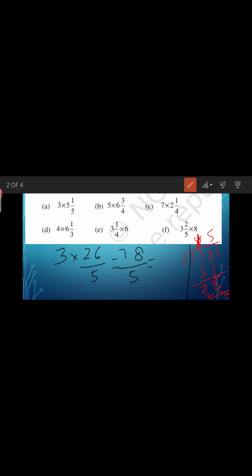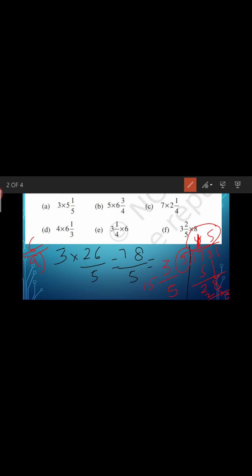So as you can see, now we cannot divide 3 by 5. So here our remainder will be 3. So how will we write this number as mixed fraction? For this, what you have to do? You have to write 15, this 15 complete, and the remainder 3 you have to write here, and the divisor 5 you have to write here. Okay. So this is the way you have to write a mixed fraction. So that was the part A of question number 6.